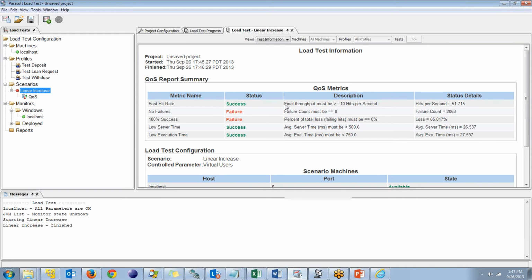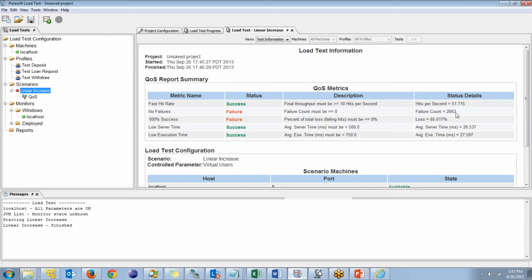So we've got some QoS metrics here that we can specify for your hit rate, your throughput, stuff for any test failures, things around average server time, average execution time. And you notice here the actual results, most of them fell in very well, but we had a bunch of